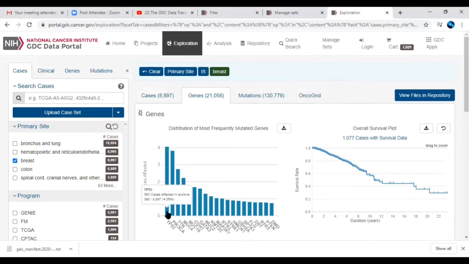So here you can see in breast cancer, the highly mutated gene is the P53 gene and how many cases have been affected and vice versa. And here you can see the overall survival plot with respect to cases they have given. So here the survival plot with respect to case ID information and survival rate information in the form of percentage, and what type of follow-ups they have taken with respect to survival rate and the duration of years.